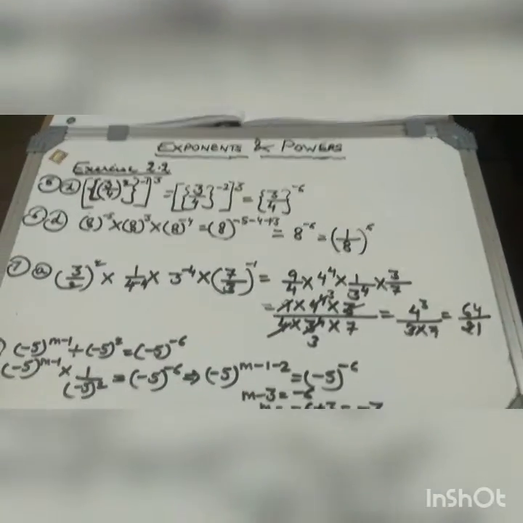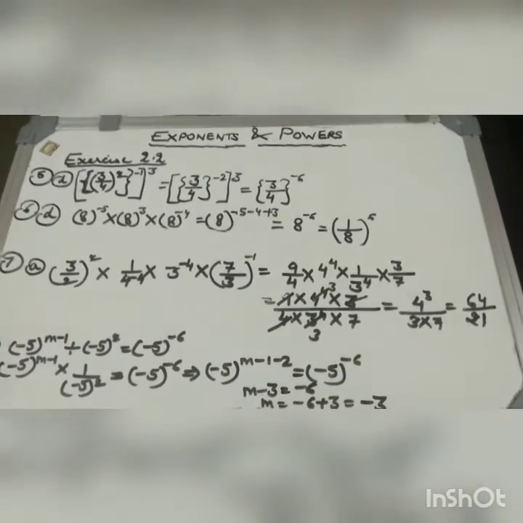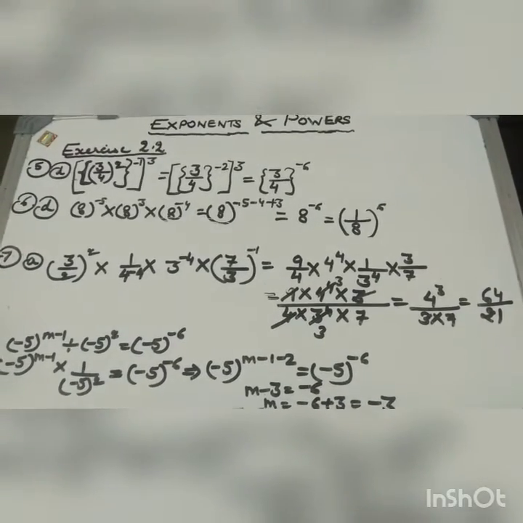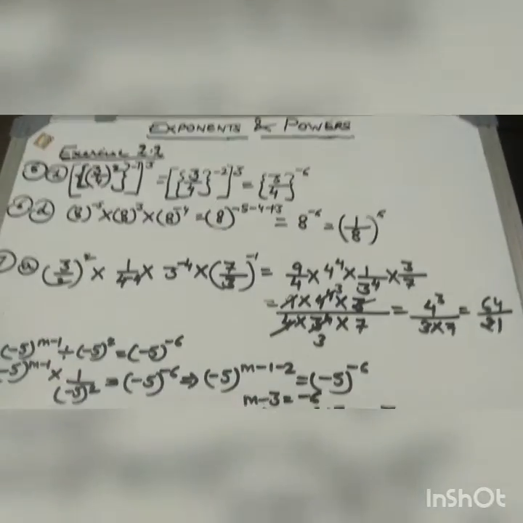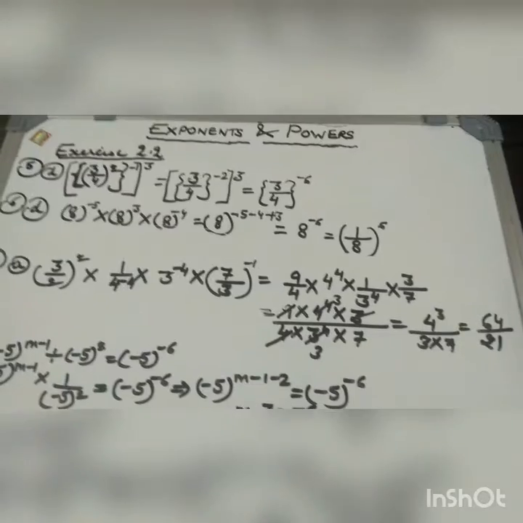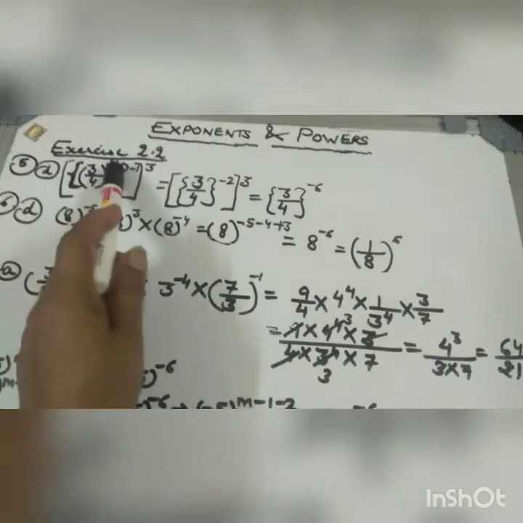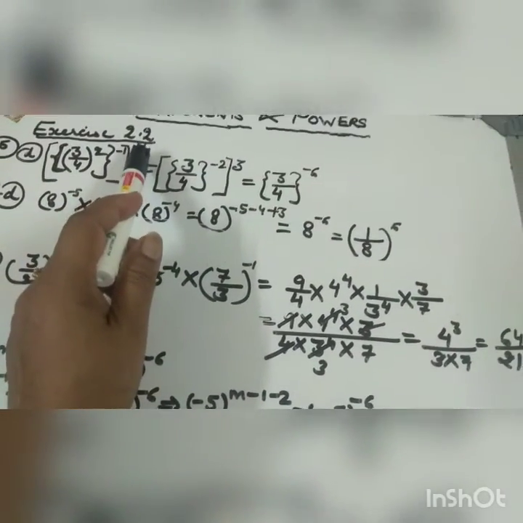Now children, we are going to do a few more sums of the exercise so that we can complete the exercise. Now question number 5. Question says, write each of the following as a rational number with negative exponent. You should always read the question very carefully. Now here, negative exponent, when they are saying, that means you have to have power as the negative number. Now in this case, (3/4)^2 whole to the power minus 1 to the power 3.